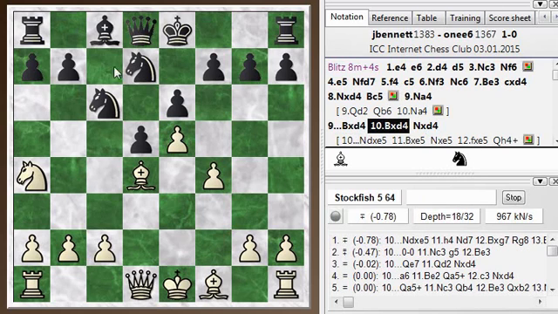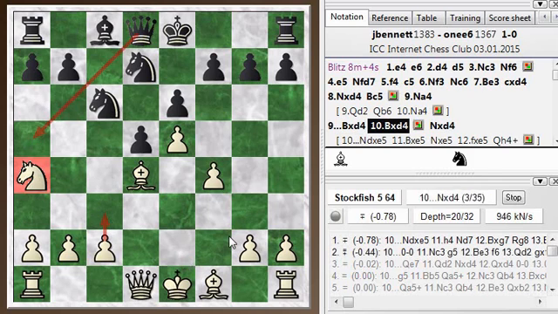I was worried about this queen a5 check, which threatens to win the knight, and I was planning to meet that with c3 here. Queen a5 check, pawn to c3, and that blocks the check, and then the queen is defending the knight, so that holds on to everything. And I was completely forgetting about the fact that the queen has a check on this side of the board,